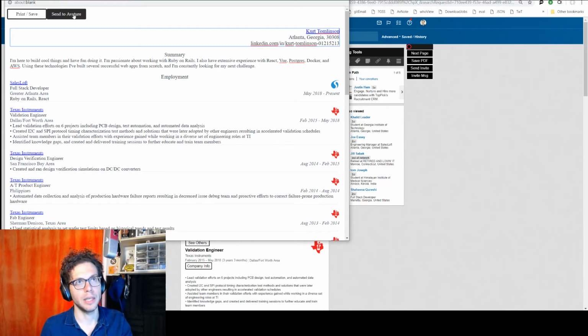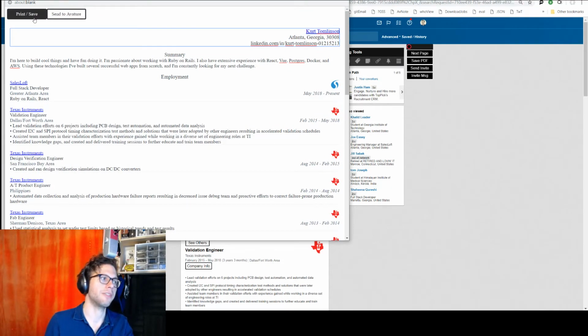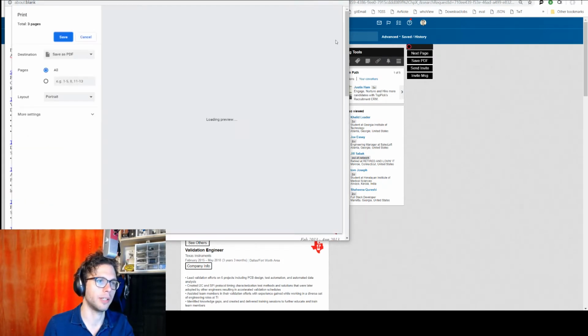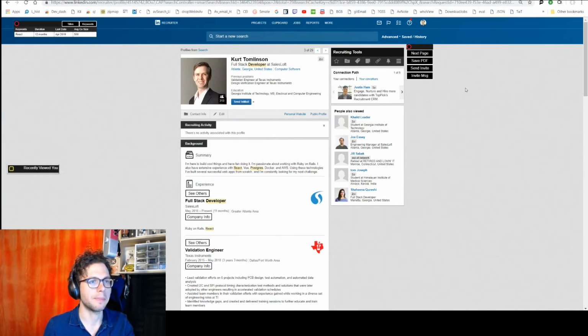And if you happen to be using Avature, this button will send it to your Avature for you. Otherwise, you can just print and save it as a PDF. Additionally, you can send an invite without having to go to their public profile. You can write them a message and include it with that. When you click send invite, it will save that message within the project that you're working on, so the next time you send an invite with a message, we're assuming you're sending similar messages, so you don't have to rewrite it every time.